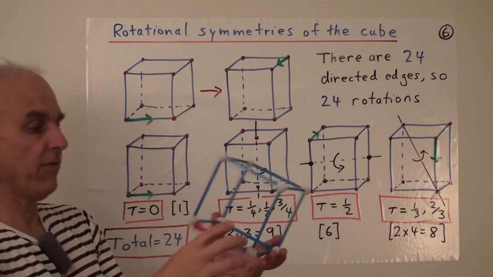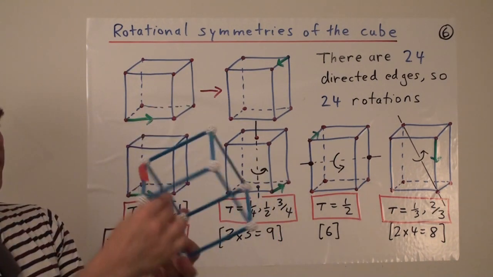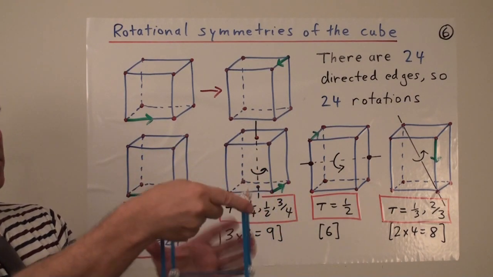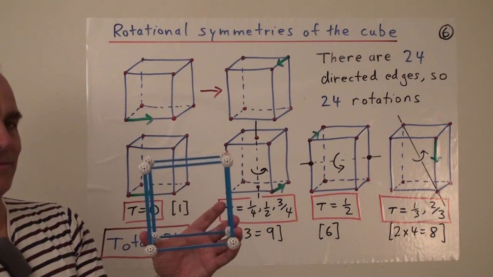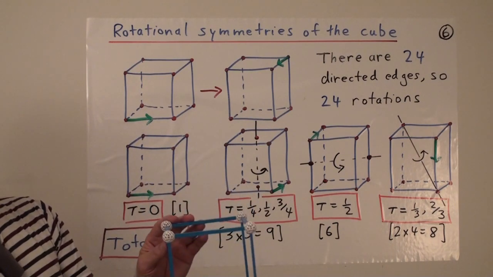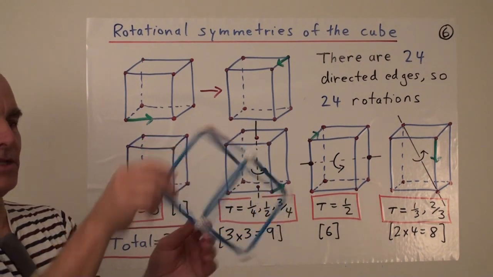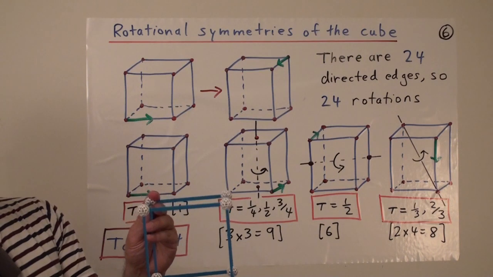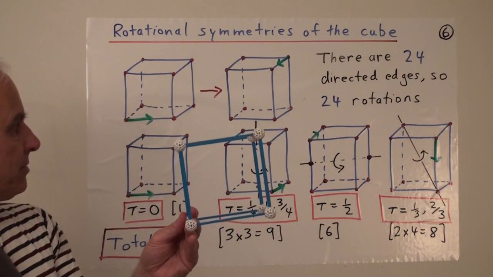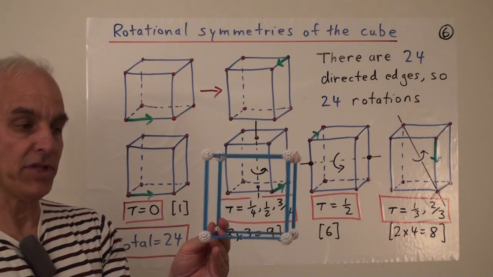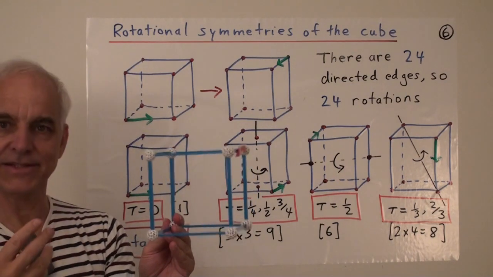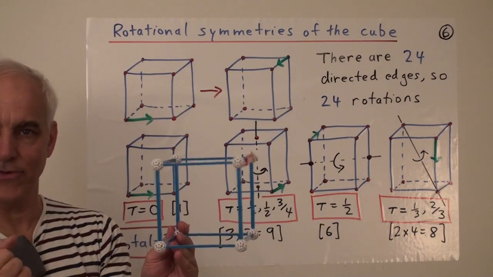So for example, if we want to send this thing up here, that's the only way of doing it. Now it's along here. So the rigid motion that goes from here to there is the unique motion that takes this directed edge in this position to the directed edge up here. So there's altogether 24 rotations, and we should be able to count them in terms of what their axes are and what the corresponding turn angles are.